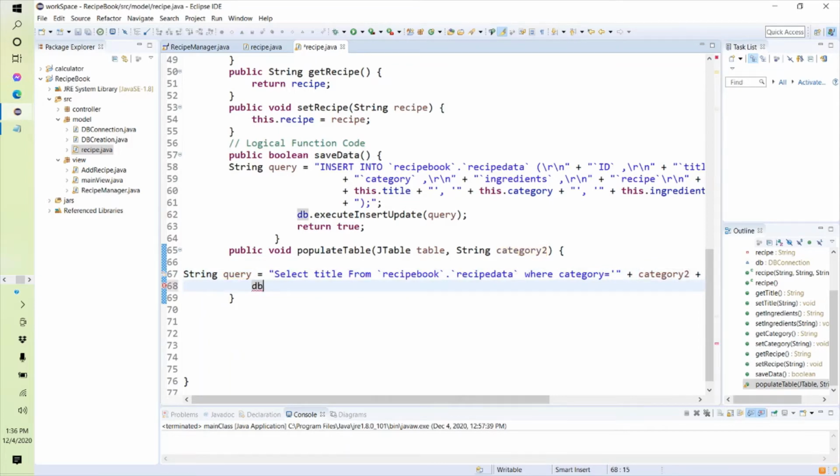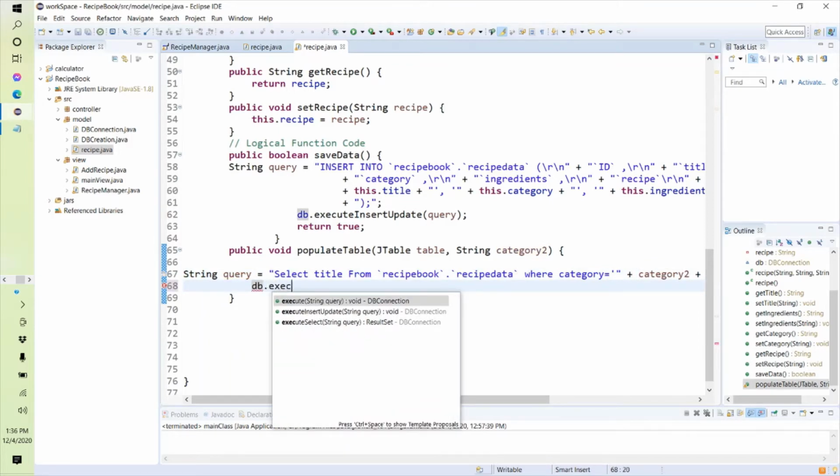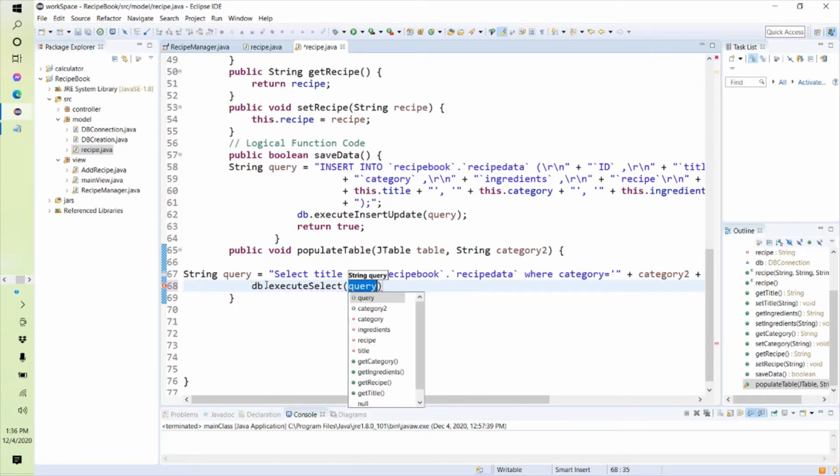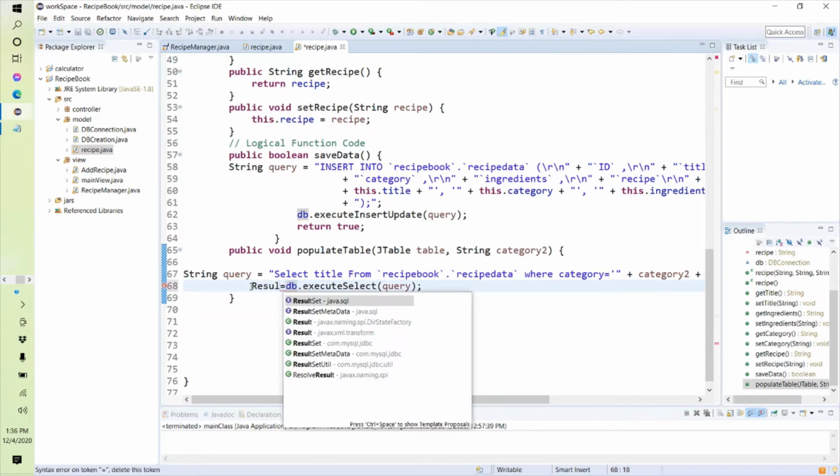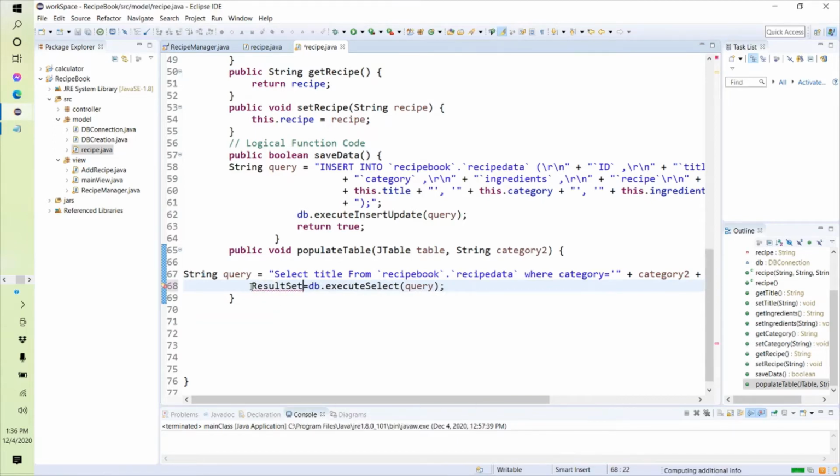So I will simply say db dot execute select and this particular query. Now this particular query will get executed and it will return me a result set. So I need to get that result set into some object here. So I will say result set, which is java.sql result set. I will say rs.